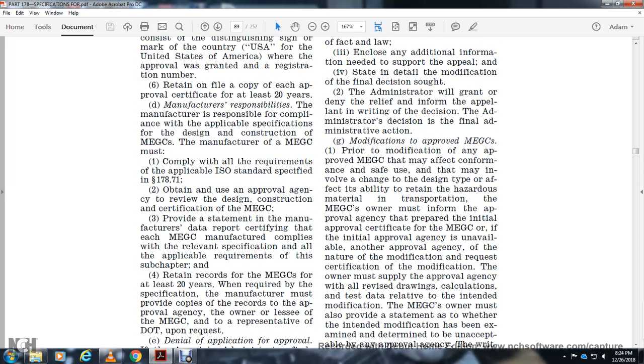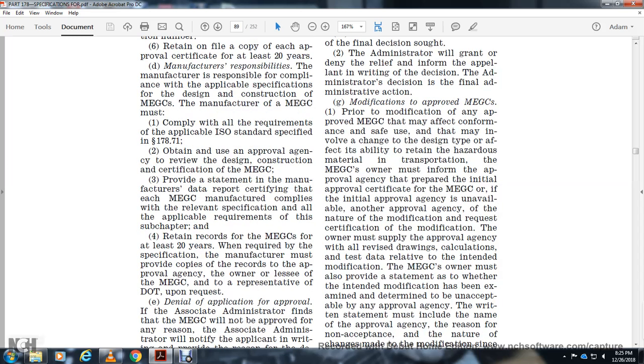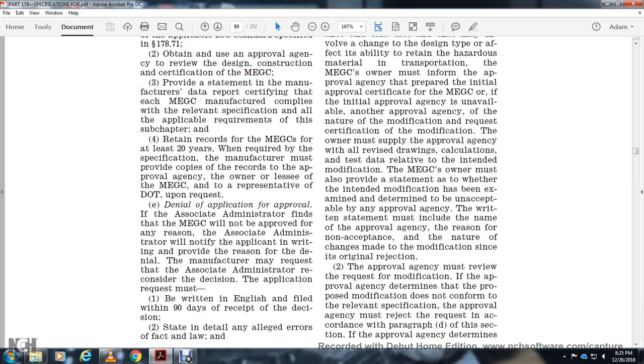Retaining records of the MEGC at least 20 years is required for the specification. The manufacturer must provide copies of the record for the approval of the agency, owner, and lessor of the MEGC to represent upon request. Denial of application: for the approval of the associated administrator, if found the MEGC not approved for any reason,